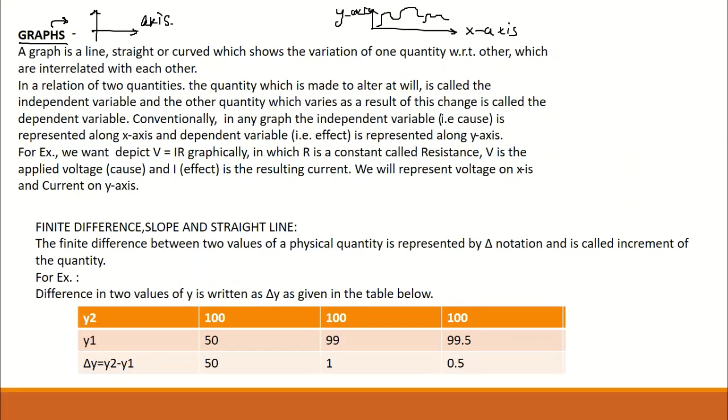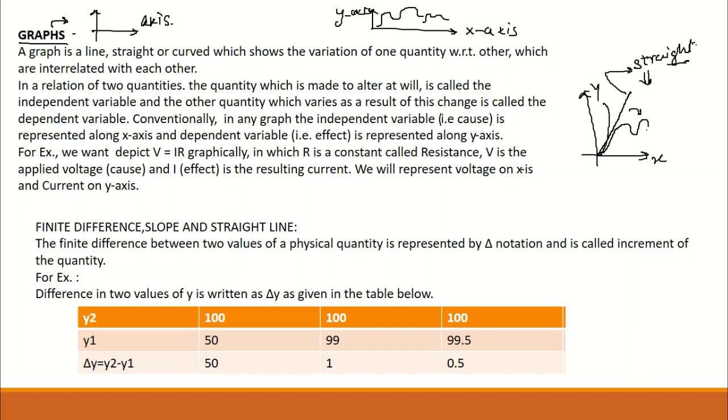Let's take an example. If I have a variable y here and a variable x here, and I want to draw a graph on it and I find that the graph is coming as a straight line, then what are the conditions, or when will it come as a straight line, how will it come as a straight line, and if it is not a straight line, then what other curve is possible or can be drawn on this graph.